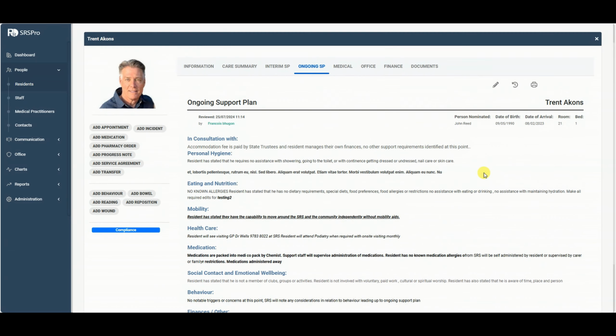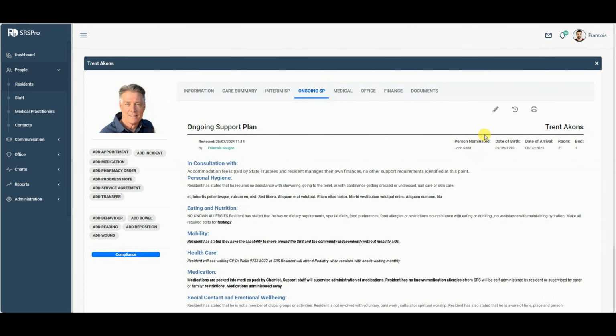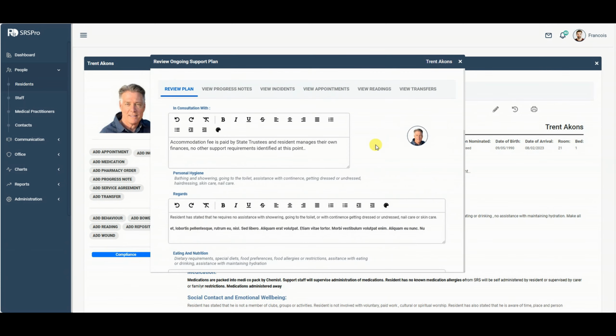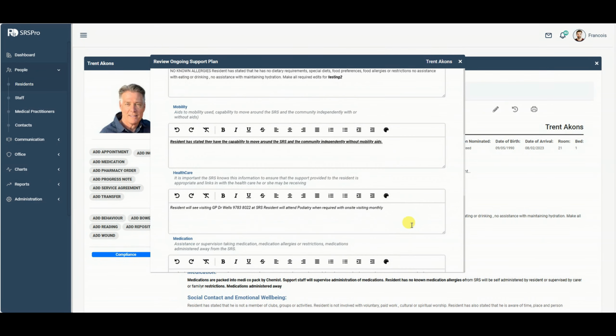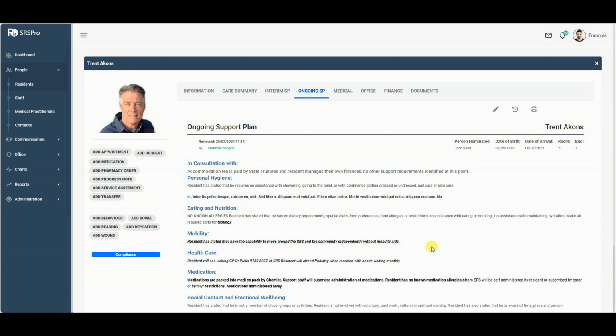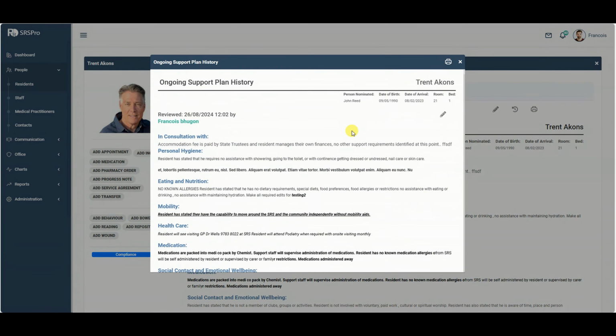It's the same layout, but the difference is if I edit the ongoing support plan and make any changes, then that will update here, and I'll have an additional plan added to the history. So in the history I'll have all the plans that go back,